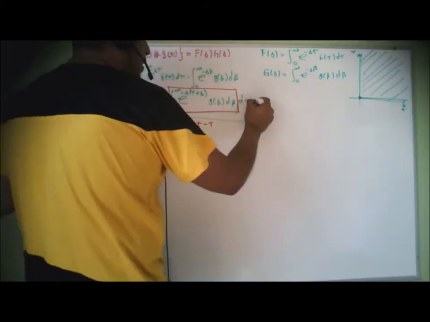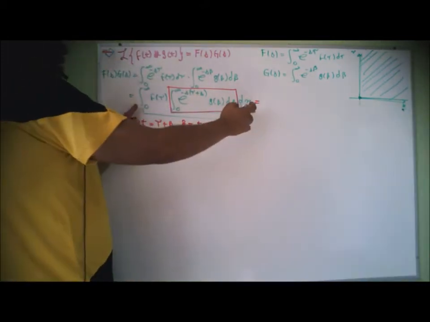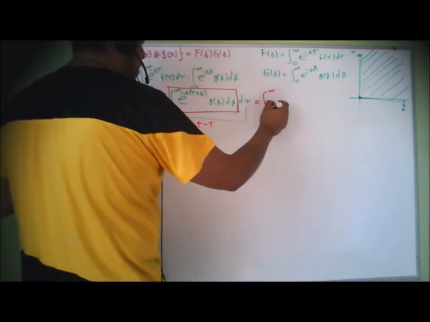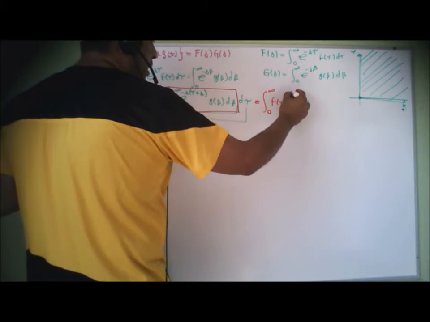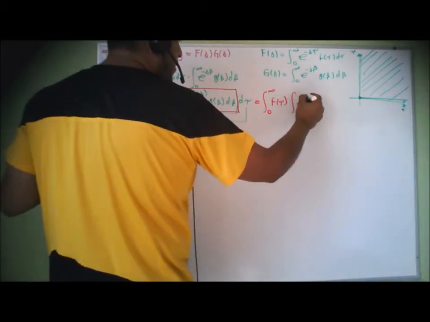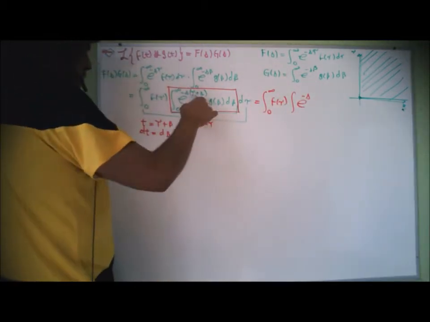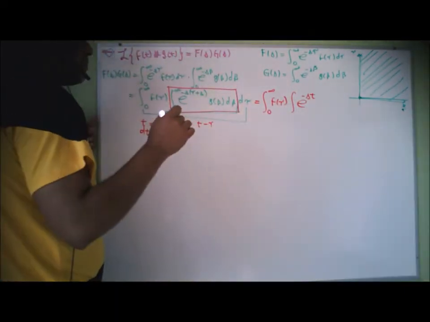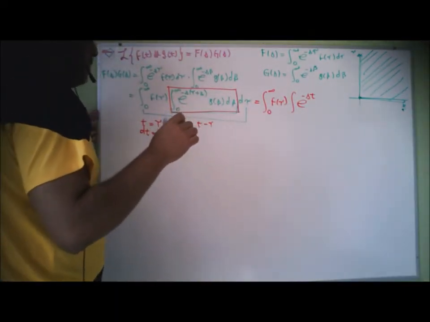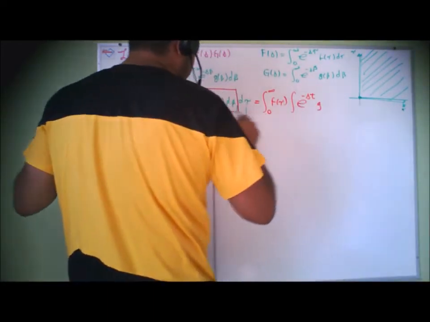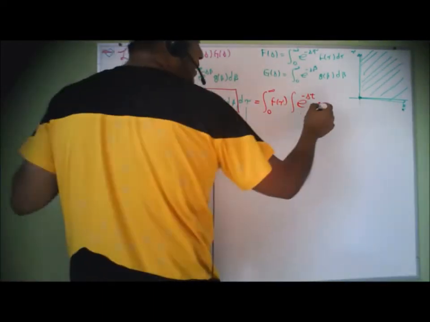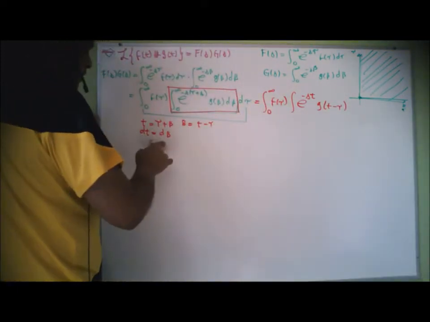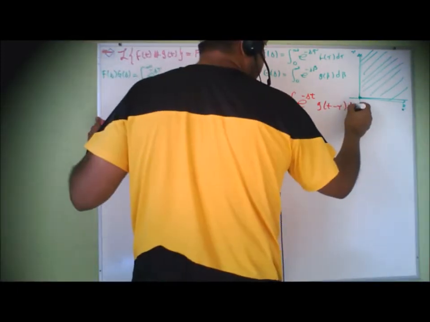The outer integral I don't change. It is from 0 to infinity of f of tau, times the integral of exponential of minus s times tau plus beta, which is equal to t, so minus s t, and then g of beta, but beta is t minus tau, differential of beta equal to differential of t,